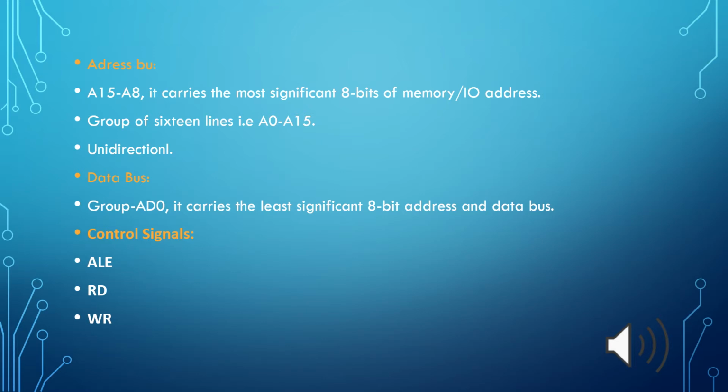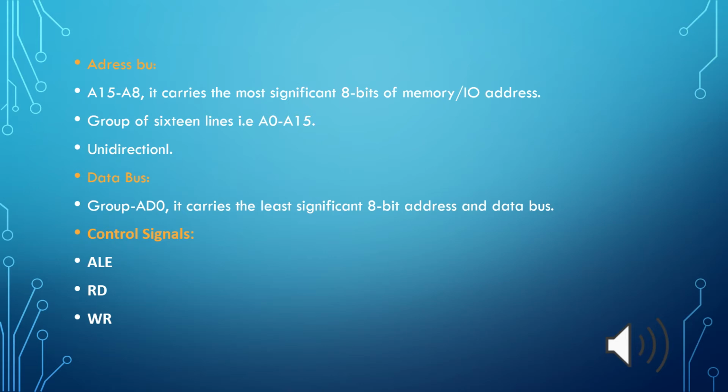Control and status signals. These signals are used to identify the nature of the operation. There are 3 control signals and 3 status signals. Let's see what the 3 control signals are: RD, WR and ALE. RD is used to read. This signal indicates that the selected I/O or memory is to be read and is ready for accepting data available on the data bus. WR. This signal indicates that the data on the data bus is to be written into a selected memory